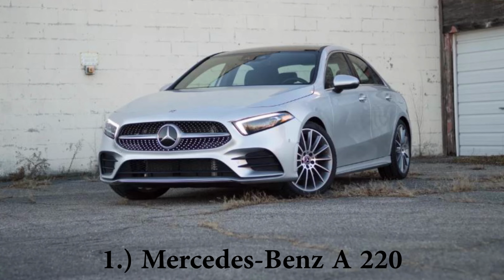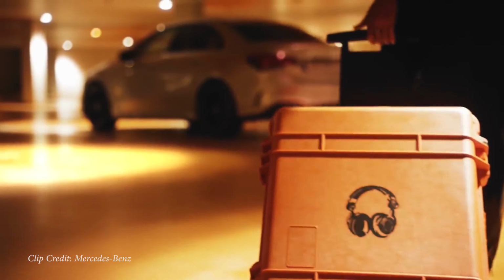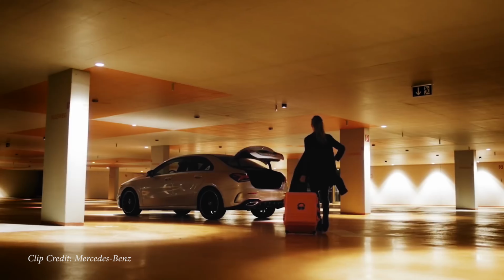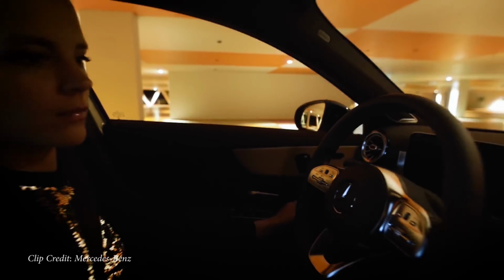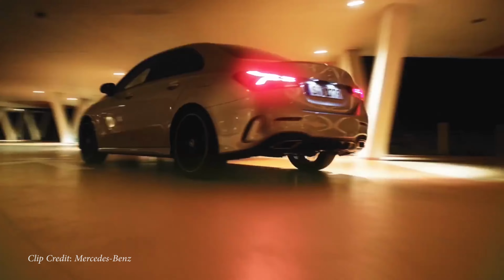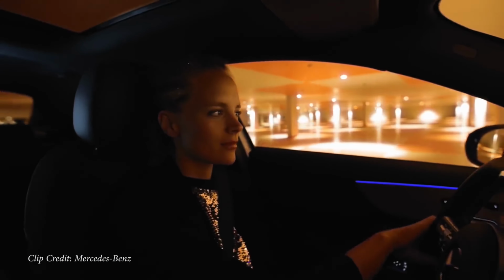But so now let me get to my number 1 on this list, the Mercedes-Benz A220. And so this is another fun one, kind of like the Genesis G70, kind of like the BMW X1. It's an entry-level vehicle into the luxury world, really. The A220 is relatively new for Mercedes-Benz as well. And the badge alone, once again, is going to fool everybody because they have no idea if this is an expensive car or an inexpensive car, because if you slap on an AMG badge on this A series, you're up to $50,000 already,